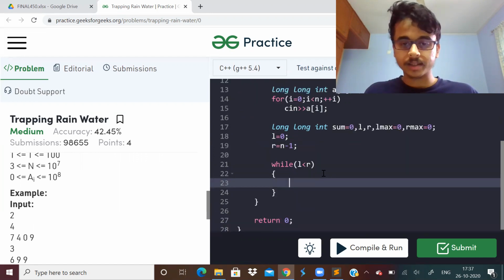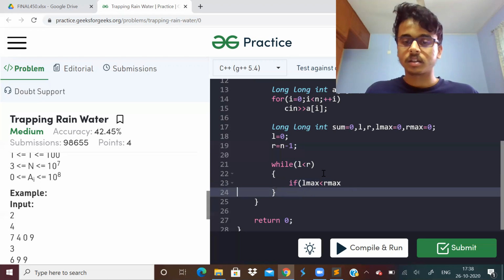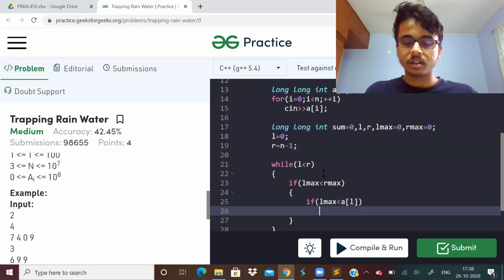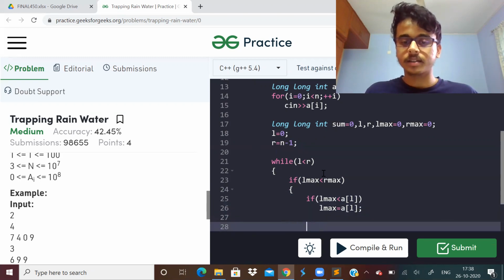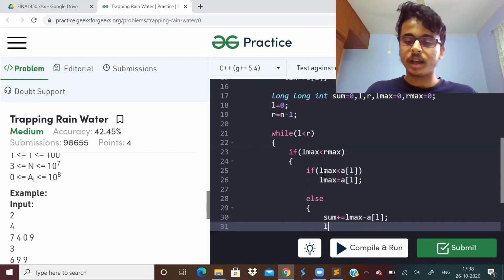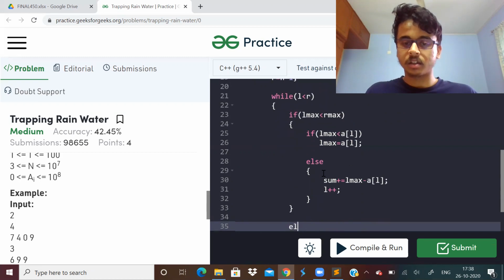What we will do is, if L max is less than R max, then if L max is less than A of L, L max is equal to A of L. Otherwise, sum plus equals L max minus A of L, and L plus plus.